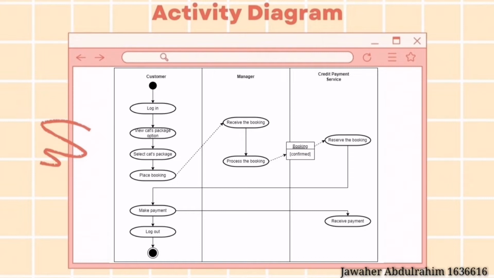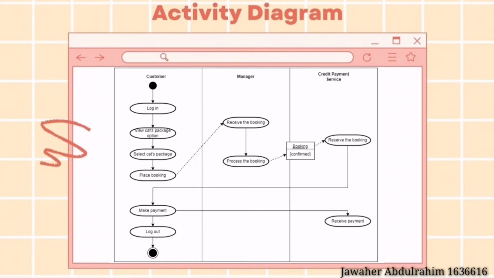But if we explain in detail, there are many processes that the user can go through after login. First of all, the user can view the packages that we have provided. Then, the user can select one or many of the packages in our system. Then the user will place a booking. Once the user places the booking, the manager will receive the booking.